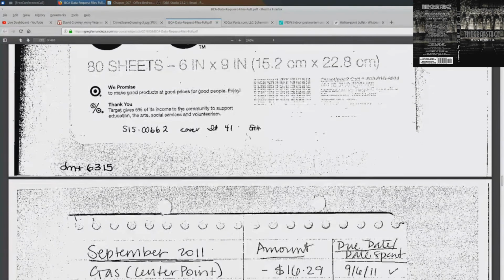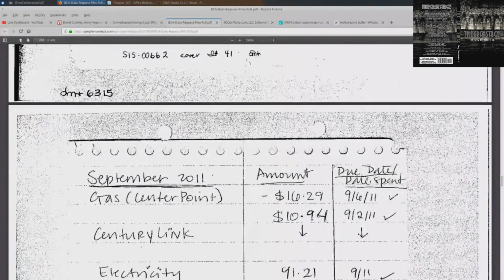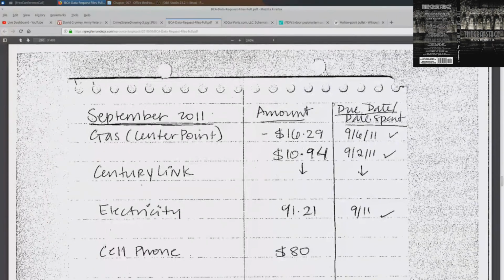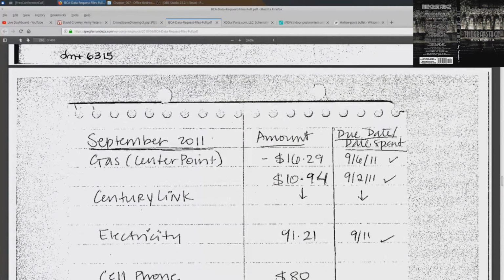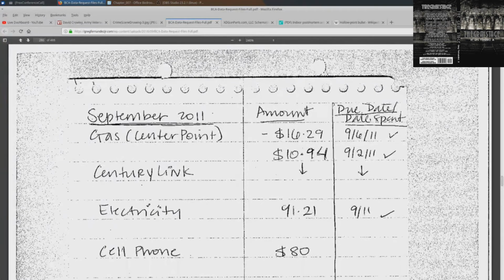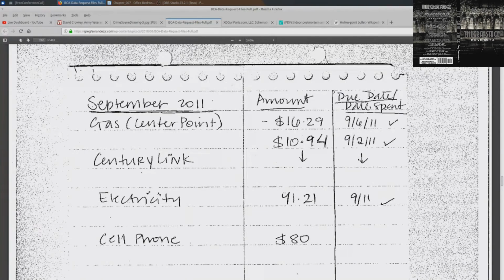But this had 80 sheets, front and back. But when it was found in the house on January 17th, 2015, this only had 59 pages, front and back. So what we're looking at here is the first known page. This isn't necessarily the first page. There might have been pages that were ripped out before this page and maybe after this page too.